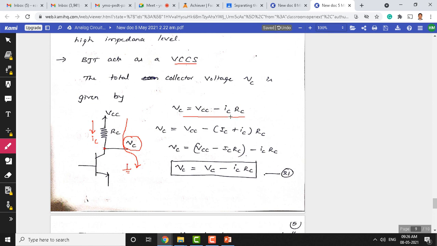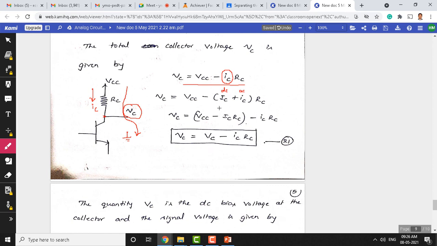Now we can expand this. Substitute this, since the collector current, which is proportional to the input base emitter voltage, has two components, an AC component and a DC component. This term we retain as it is, VCC minus, and this is now split into the DC and AC components. So this is a DC component and this is an AC component. Now further you can see that we are just rearranging these terms. We have taken this DC term to this DC voltage. After multiplying this with RC, first you multiply each current with the resistance RC, and then group the DC terms and AC terms separately.